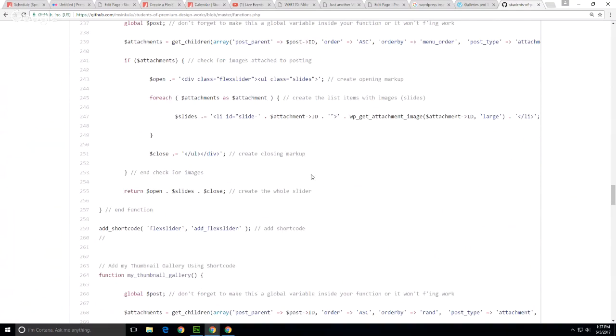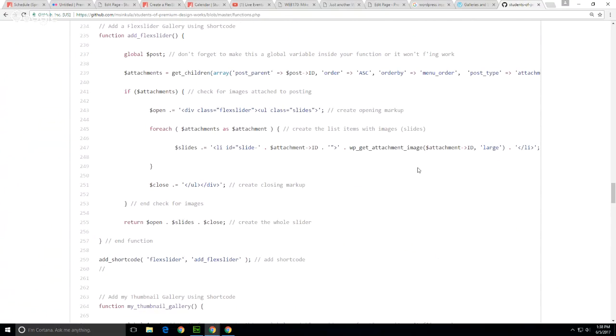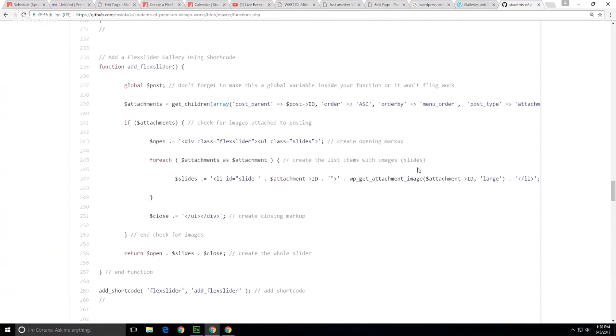Now we're going to use echo statements in ours instead of returns. But when it comes to using short code, you have to use return statements. Otherwise, where you put the short code, it will end up at the bottom of the page. Yay, WordPress bugs, right? Okay. So in theory, does that make sense, what we're trying to do with grabbing that markup? Yeah? Okay, so instead of using short code then, what we're going to do is